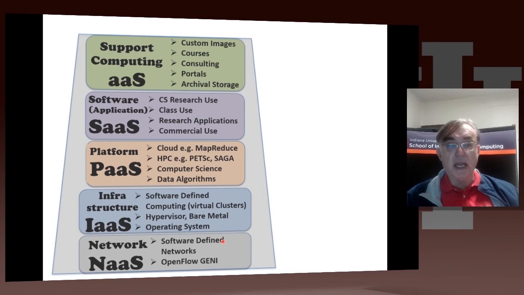So this is a stack of modern computing, and it used to be that a single organization provided all of these. Now the infrastructure as a service may be solely provided by public sources like Azure and Amazon and Google, and you only do the support. You need to use platforms produced by other people, and you build software, and say your local university might support your use of this modern environment.